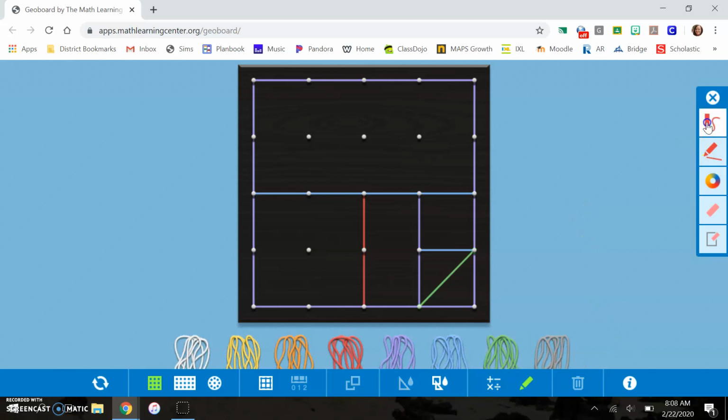And on it, it will have different letters. I'm going to pick blue. So this is section A, section B, C, D,